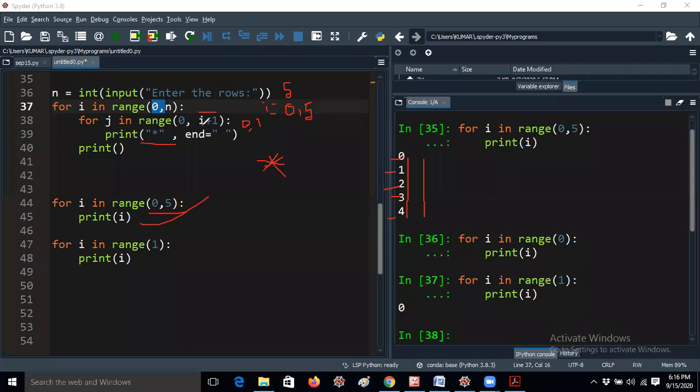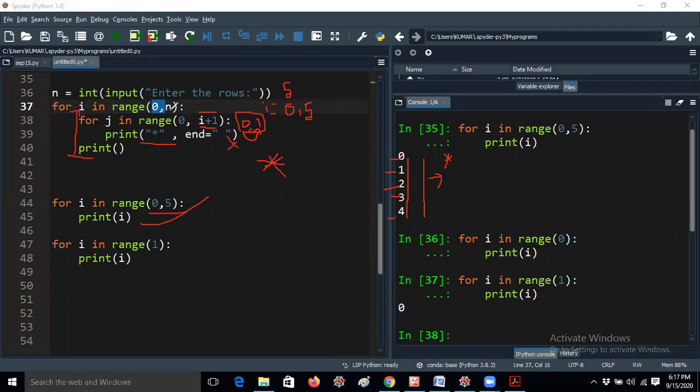After that the i value will be incremented. Now the i value will be 1 only, because 0 is already completed. Since 0 comma 1 takes only one element in the for loop, it will execute that condition, meaning the first star will be printed. After that you get into a new line. Then again it goes back to the outer line.